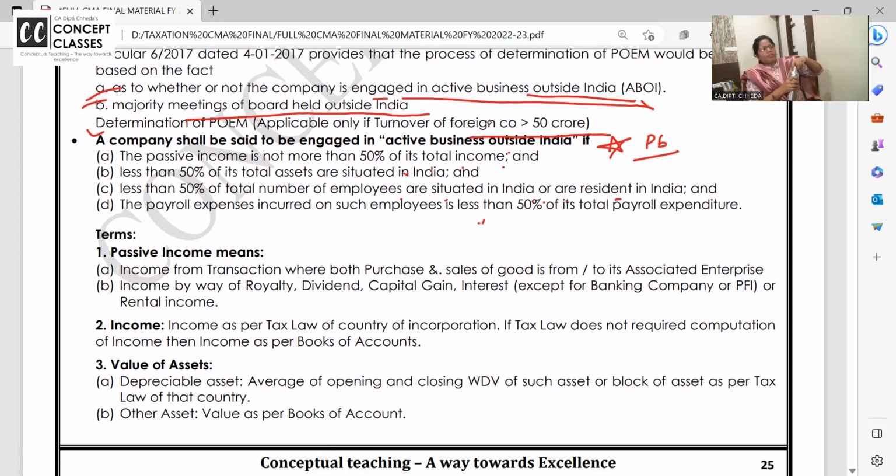Dear students, if the foreign company is non-resident, what does that mean? They don't have to pay any tax in India? No. If it is a non-resident foreign company, whatever income is received in India, deemed to be received, accrued, or deemed to accrue, on that they will have to pay tax. Is my speed fine? Are you all following?